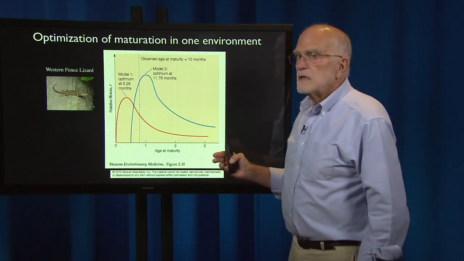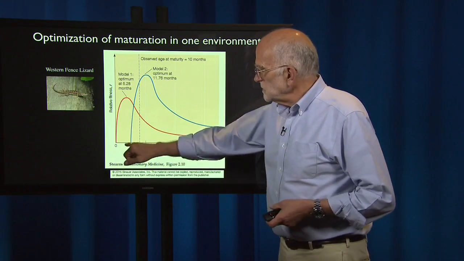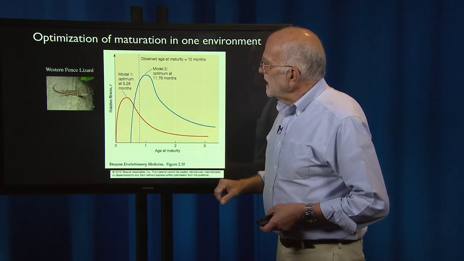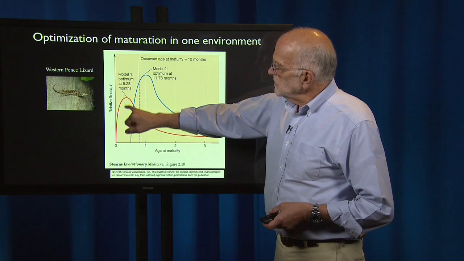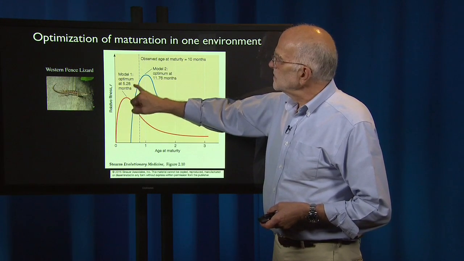Let's do that for these curves here. So these curves come out of that equation. Here's age at maturity, alpha, and here's fitness, little r. And what you can see is that under two different sets of assumptions, this is one which is based primarily on an effect on juvenile mortality, and this is one which is based